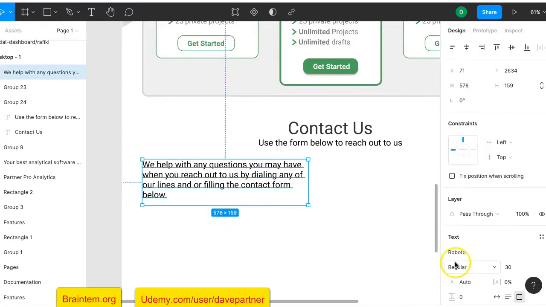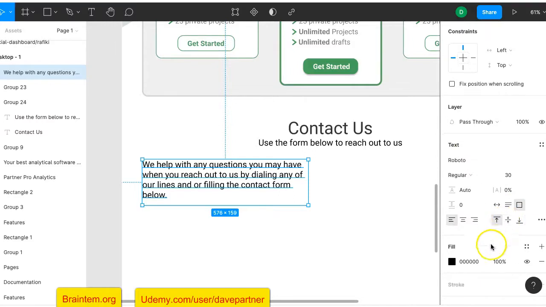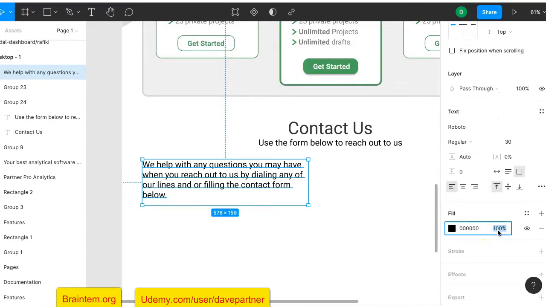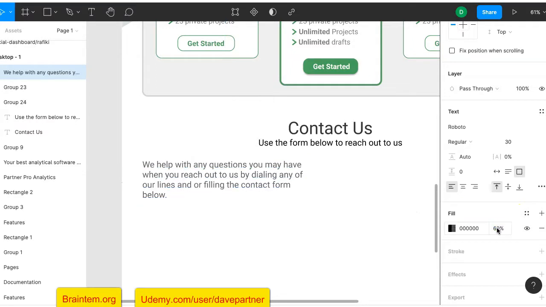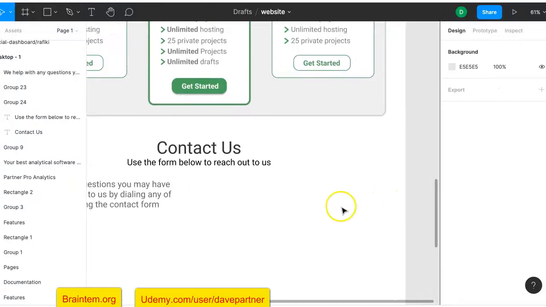So I don't know whether it's as light as I want it, but if I select it, I can put this at 80%. Let's see what 60 looks like. 60. Okay, good. Now we're gonna do two things. First of all, we'll need